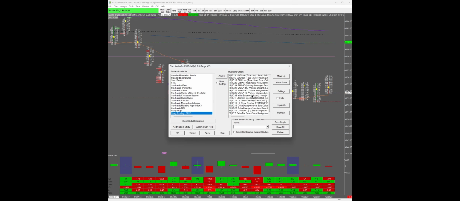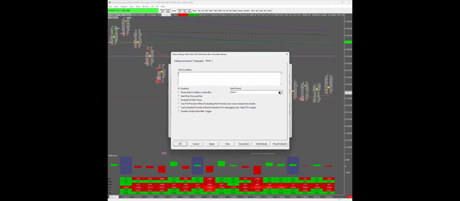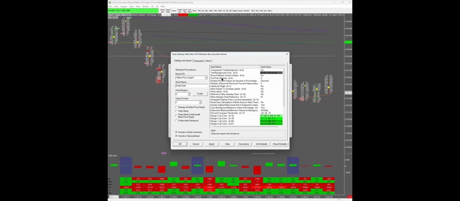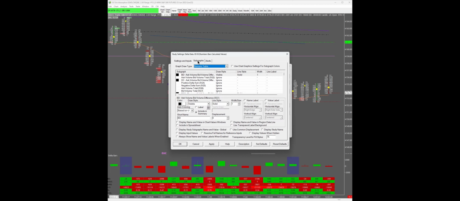here in Sierra Chart. Where is it? Here we go, delta data. Just having a brain fart for a second. Turn that off. I haven't learned anything out of here. Yeah, so